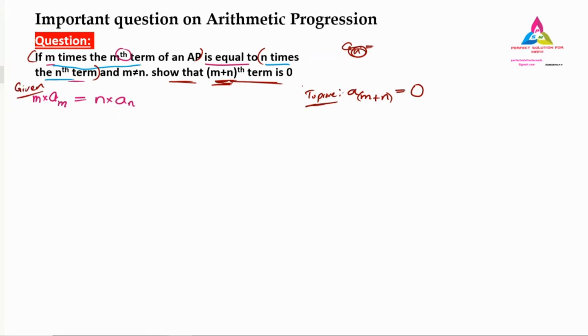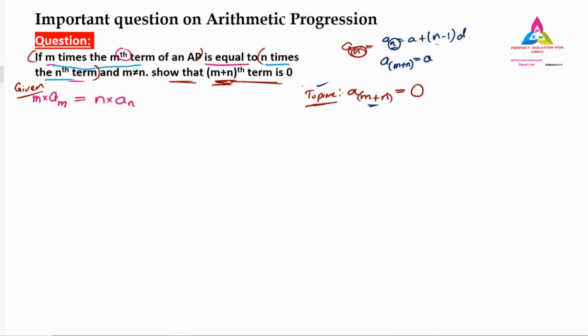Now, using the given, we have to prove what they have told us to prove. So how to solve this? One thing I will clearly write down, what you have to prove, I will just modify it. So what is a_(m+n)? We know the a_n formula: a_n is nothing but a plus (n minus 1) into d. So instead of n, what we have over here is m plus n. In this formula, wherever n is, we have to substitute m plus n. That is the only one thing.